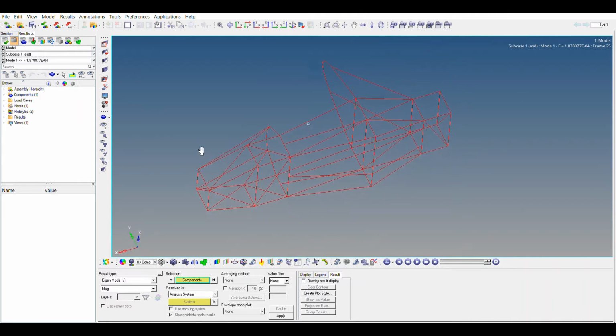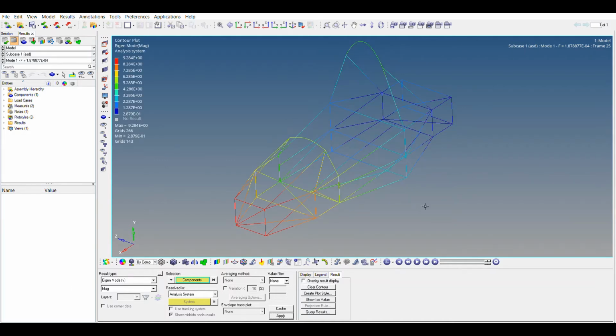Now let's change the orientation first. Okay, and apply. Now you cannot see it here. In order for you to see the discontinuity, you must turn on the animation mode. So the animation which you are seeing is very small.